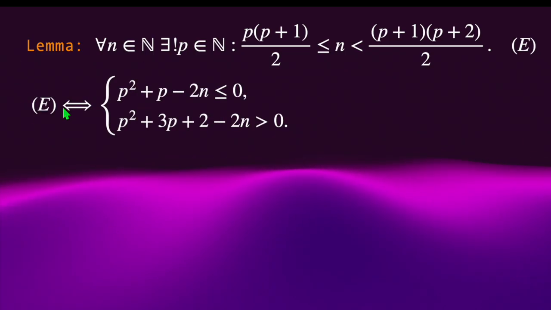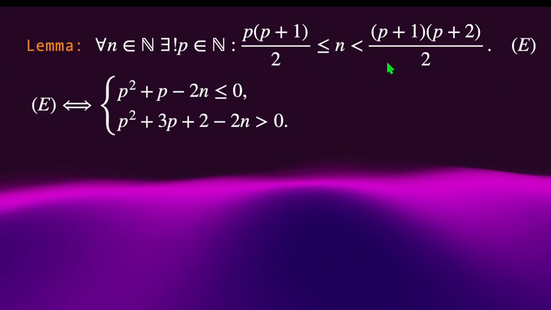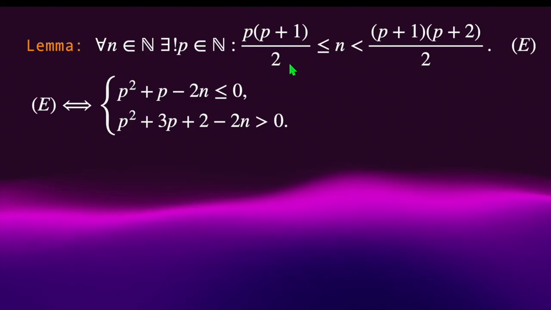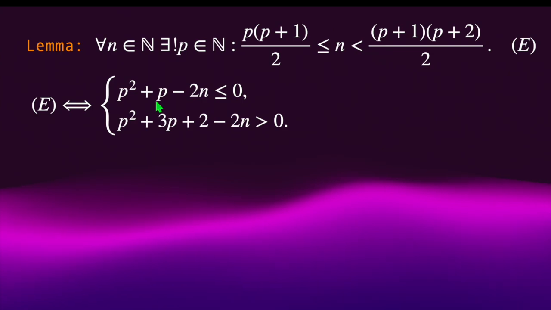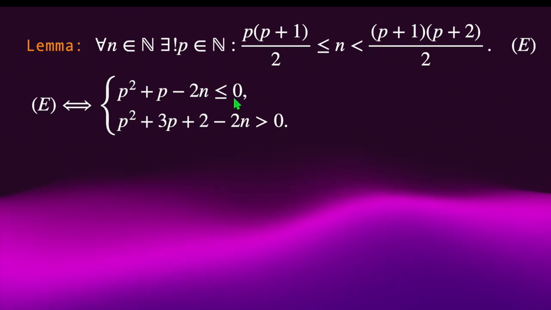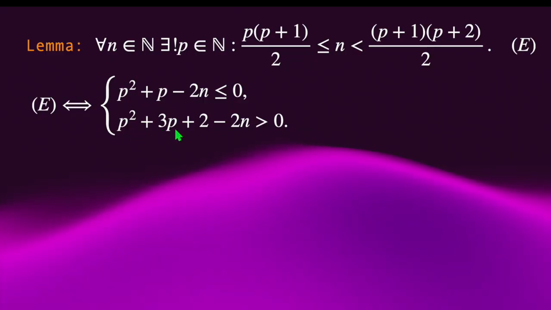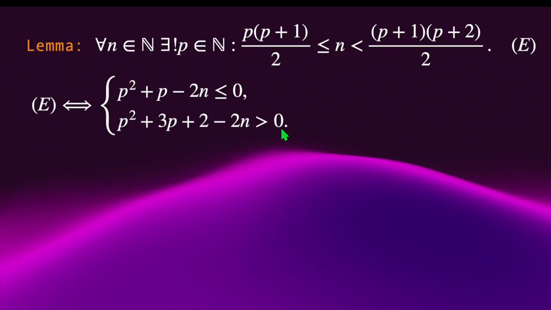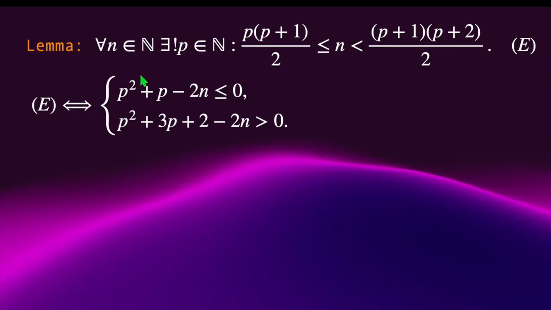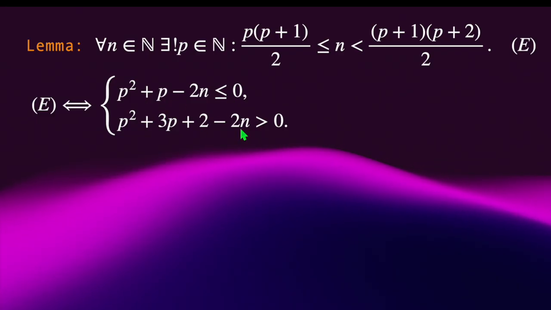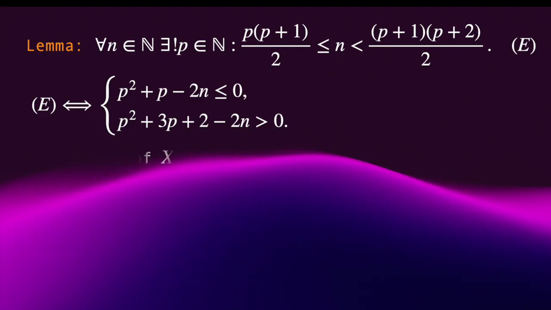First, remark that this double inequality is equivalent to the first one, and the first one is equivalent to p squared plus p minus 2n less or equal to 0, and the second inequality is equivalent to p squared plus 3p plus 2 minus 2n positive. So we need to determine p which satisfies these two inequalities. And first we need to